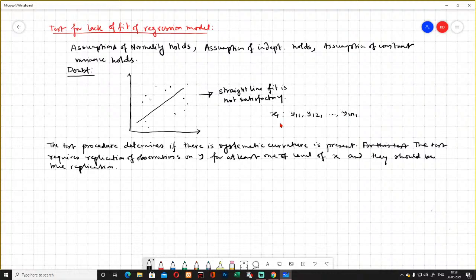That means for x1 there are n1 replications. That is the repeated measurement of anything. Suppose measurement or observation, etc. So for x2, suppose we have this. For kth observation should be